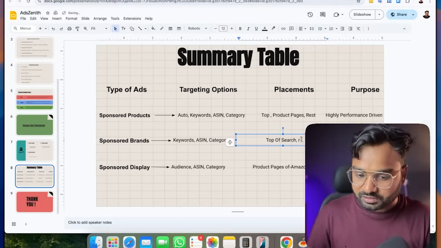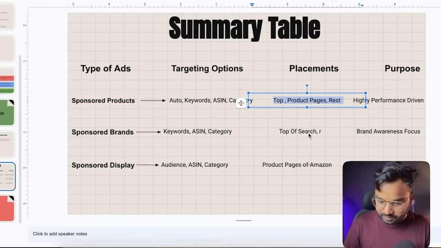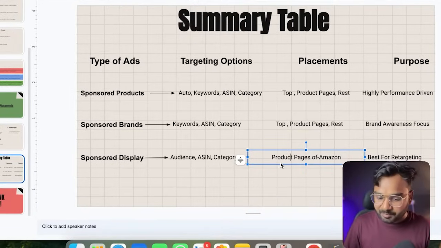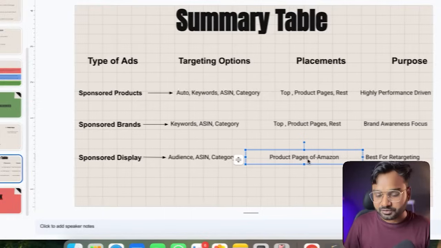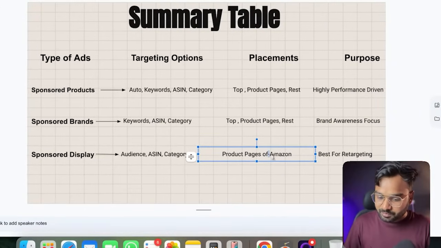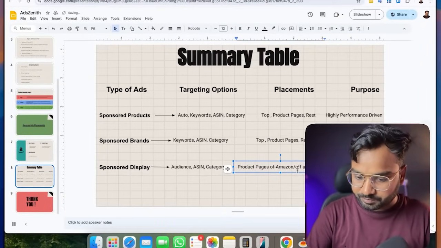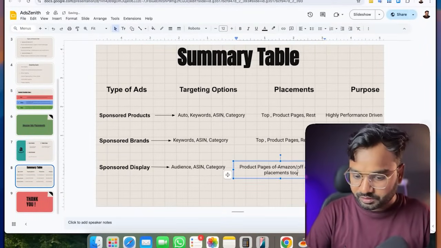So basically you get all three actually. But for sponsored brands, you get Amazon product pages only, as I told you earlier, and also you get some off-Amazon placements too, right?